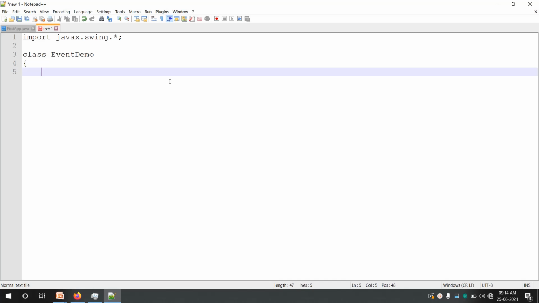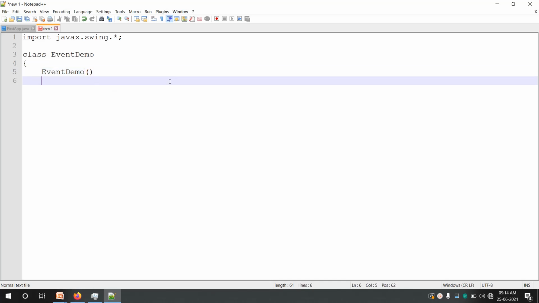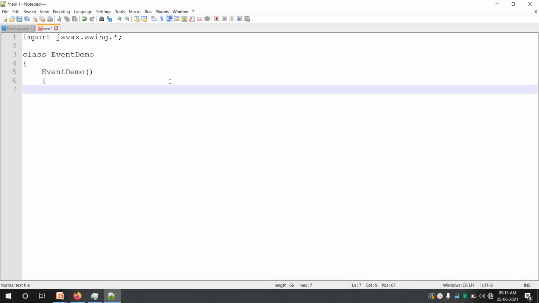Again, the GUI can be created even from the main method, but it is suggested that we create our GUI from the constructor instead of using the main method. So let us declare a constructor EventDemo.